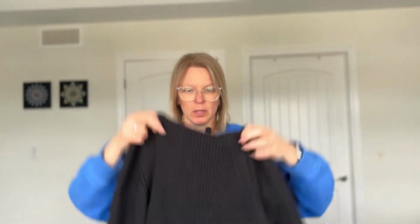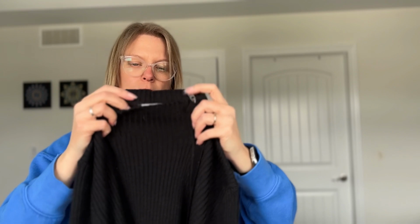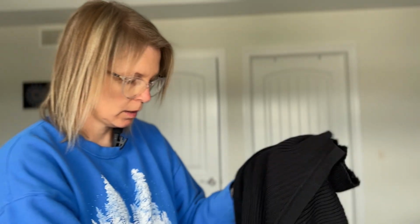I didn't find any comps on it. The only thing I found was another person selling this for over $200. But it is really cute. It has a little mock neck to it as well. Here is the tag. If anyone's familiar with selling these items, I really don't know what to price this at. And I'm just going to read you the tag back here